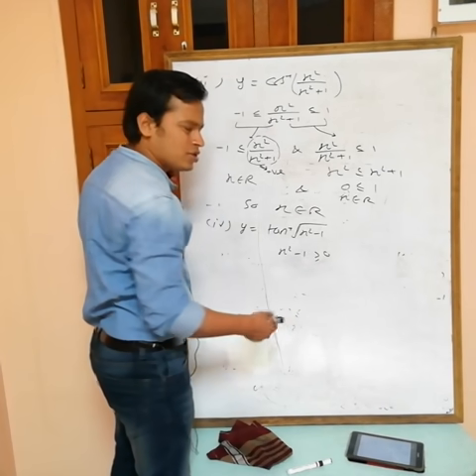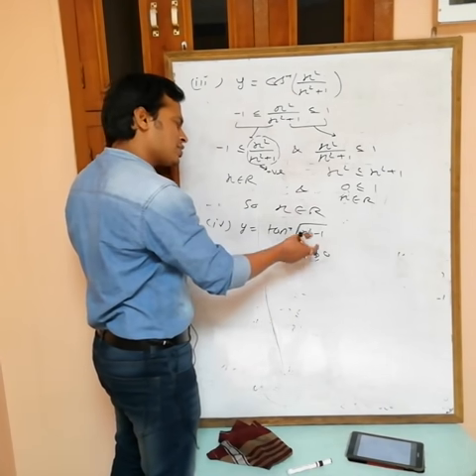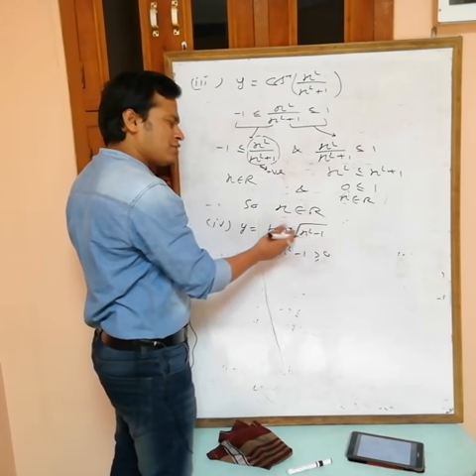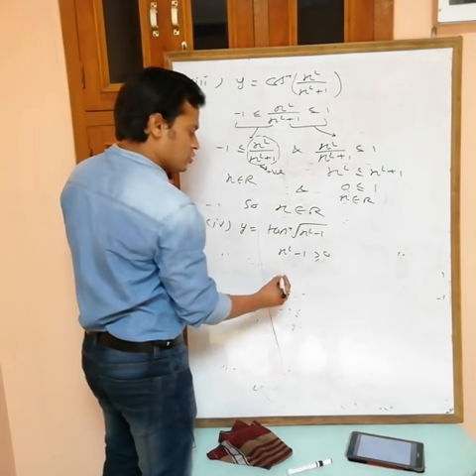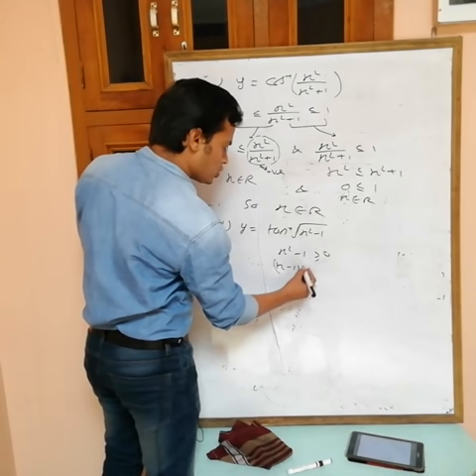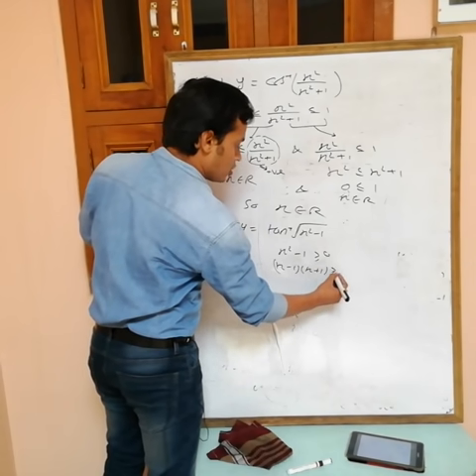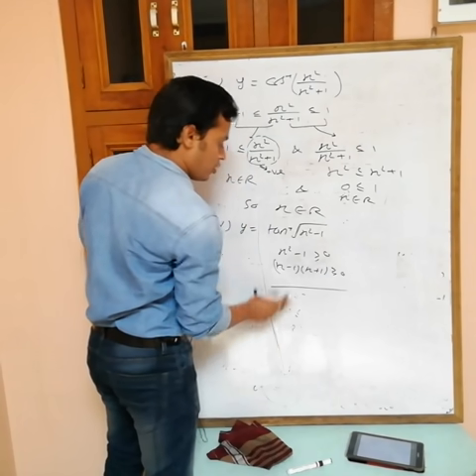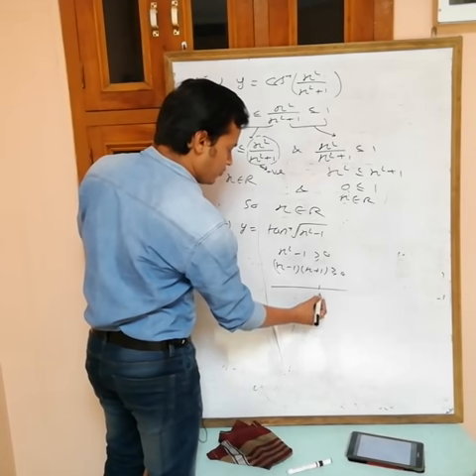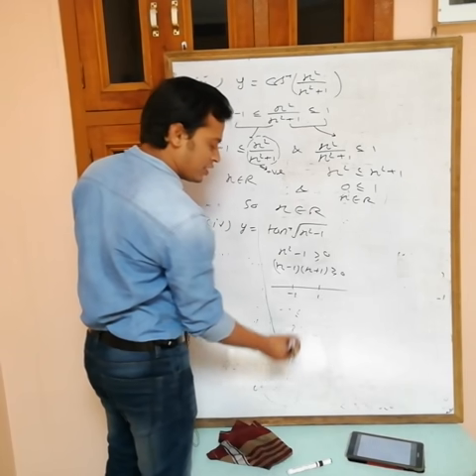Can I take x equals to 0? Obviously, if you take x equals to 0, then the square root of 0 is 0, and tan inverse 0 is defined. Okay, so again factorize: x minus 1, x plus 1 greater than equals to 0. Put this one equals to 0, then we get 1. Put this one equals to 0, we get minus 1.